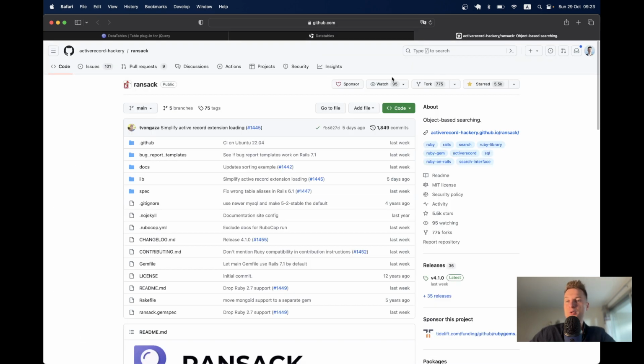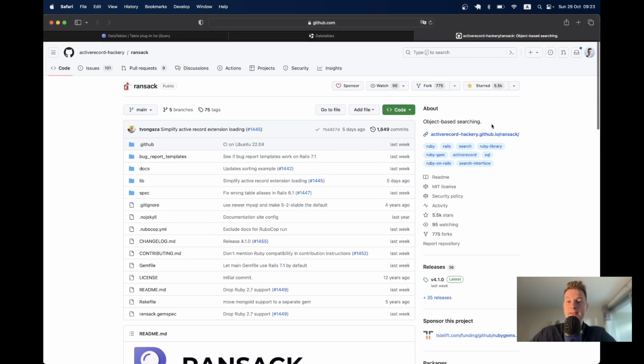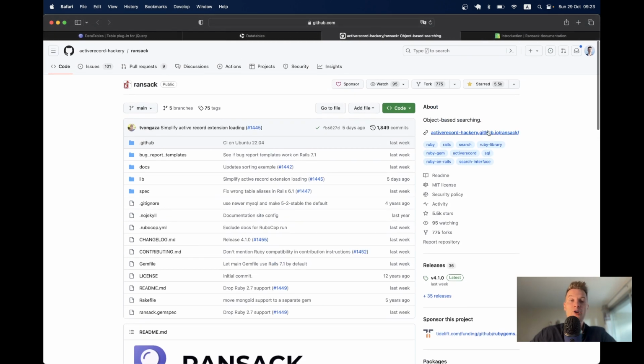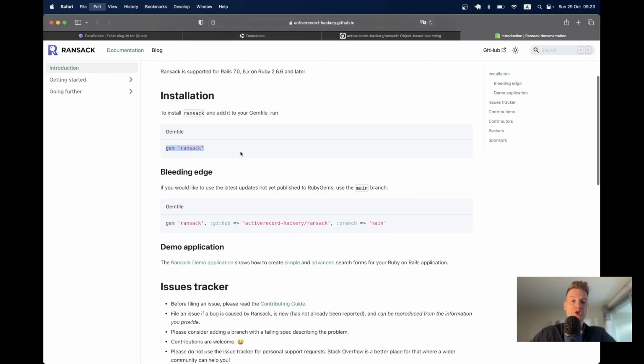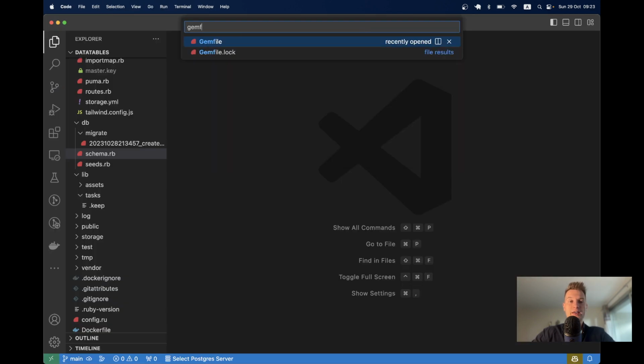Now for this we're going to use the gem Ransack. It's a really wonderful gem that makes it easy to search and sort using active record. And I use it in most of my projects, and I highly recommend it. So let's see how we can add the Ransack to our application. I'm going to add the gem Ransack to our gem file,